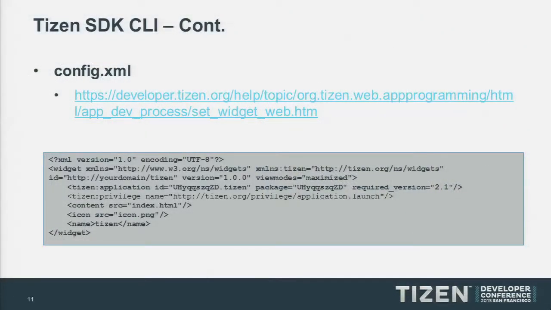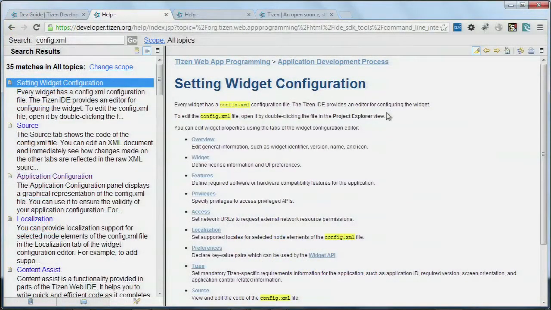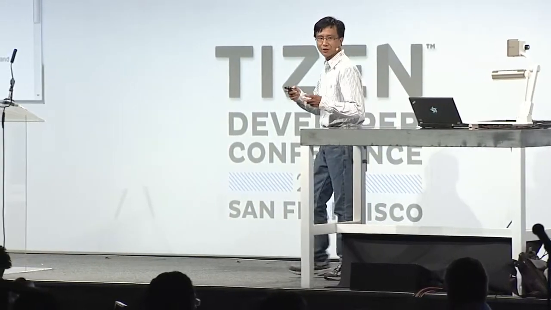And also for this example, it provides a Tizen privilege, so it will configure which APIs you can call from your application. And for this URL, I would recommend people read this. It's very important because it has a detailed description of the Tizen specific features provided in the config.xml. And most likely you will use it because you need to change this config.xml